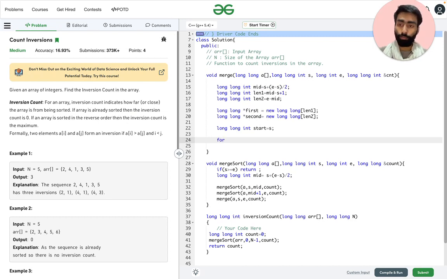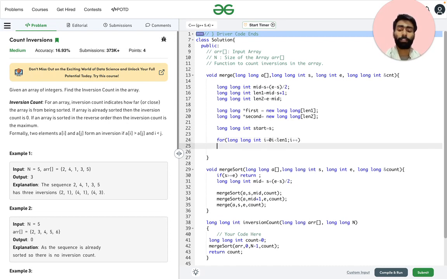So to do so, first int i equal to 0 and i less than length of 1, i plus plus. Here we will first add elements and increment it.